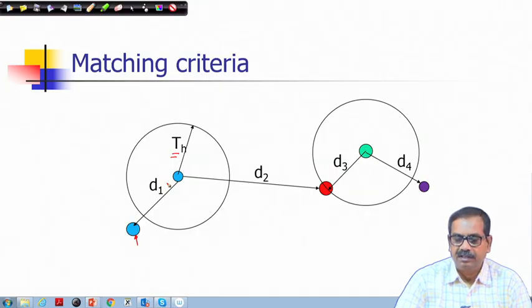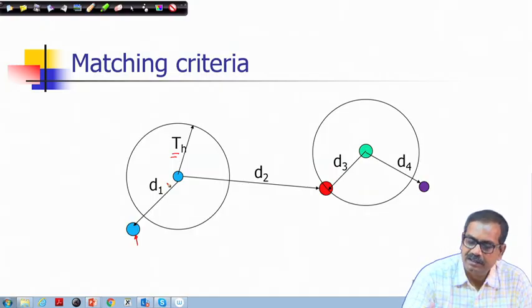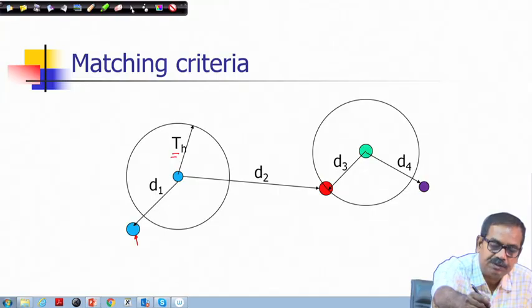Closest neighbor. But if I consider the nearest neighbor principle, then what happens? You see that for this point, this is the nearest neighbor, but it's not the corresponding matching point. It is shown with a different color in this particular case. So, though it is the nearest neighbor, still it should not be considered. So, that is where the nearest neighbor distance rule comes in.